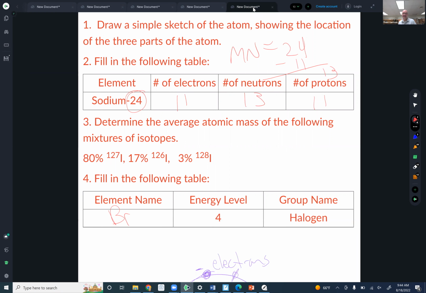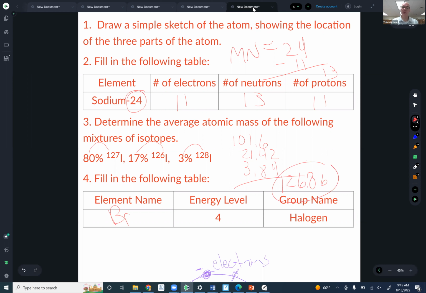Okay, now for the average atomic mass, what we're going to do is multiply these percentages times those mass numbers. So let me really quickly go through that. I don't have my calculator with me because I'm in a different room. So I've got 0.8, always convert percentages into decimals, times 127, and that is 101.6. I would have 17% times 126, and that is 21.42, and then 0.03 times 128, and you get 3.84 for that. You got to sum all those together, 21.42 plus 101.6, and that is